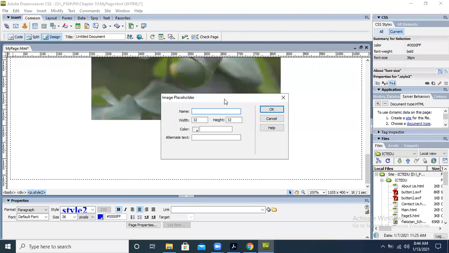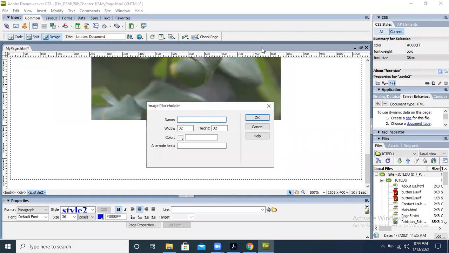Okay, so over here we have to give one name. What is the name of the image? For example, if I say school campus photo, and this is the size, this is the color, and alternate text if the image is not found, so we are going to give the alternate text for it. Campus photo.